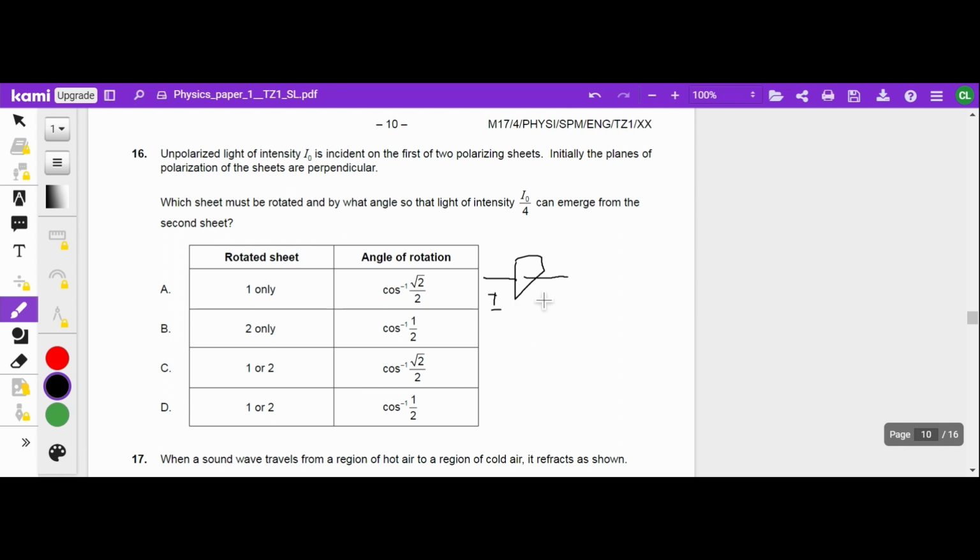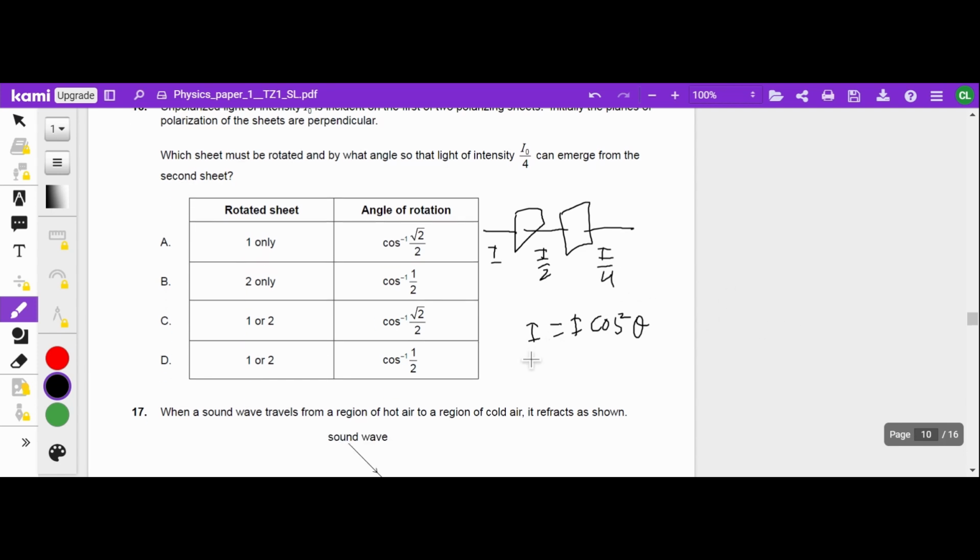After the unpolarized light is polarized, it becomes I/2 automatically, regardless of this orientation. And then afterwards, this is when you can start using the rule I equals I cos squared theta. So we have half already here, right? And you want here to be I/4. So that means you'll want cos squared theta to equal